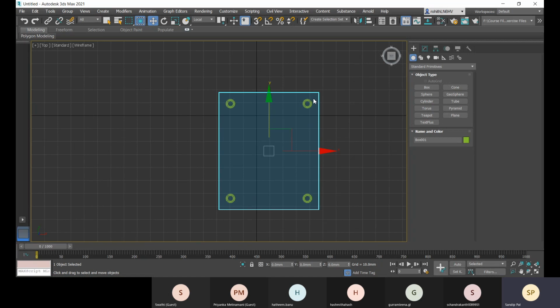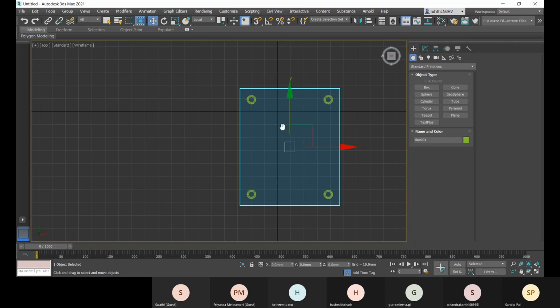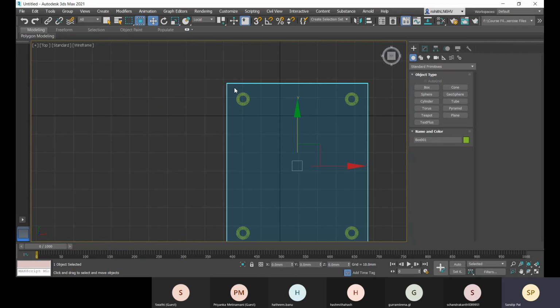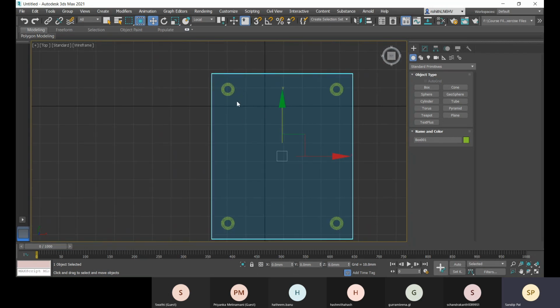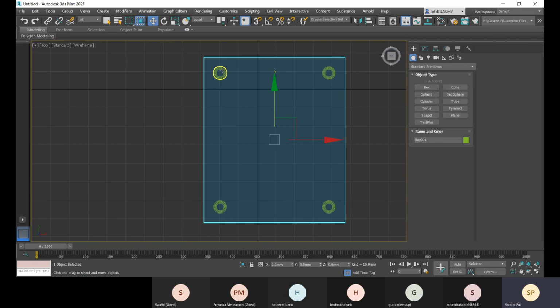Okay, so this way you can do it. You don't have to worry about this gap, so that you can do it after placing it. To say that initially I had created with 80 and 60, and then I changed it to 90 and 75, right? And this is the result.